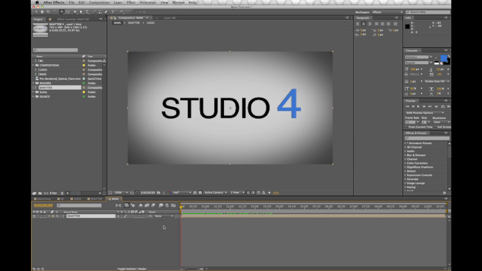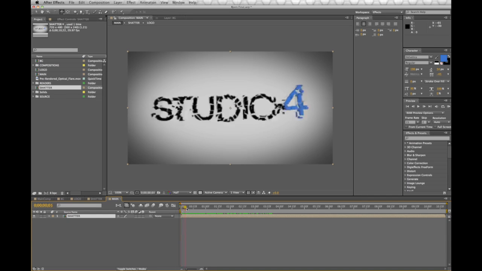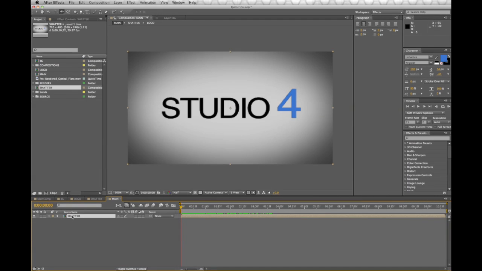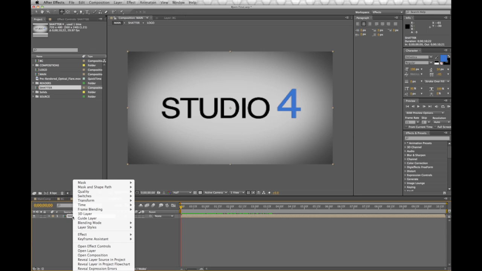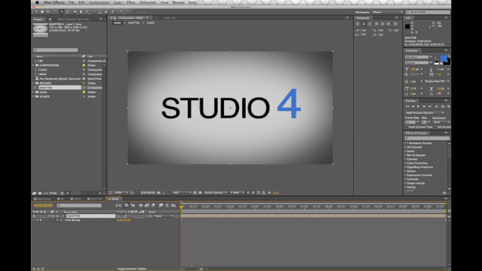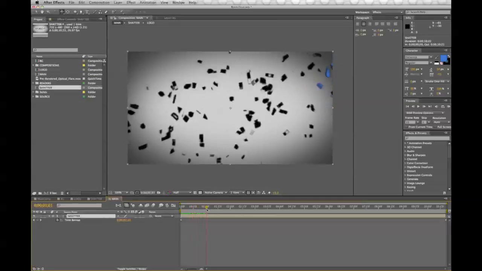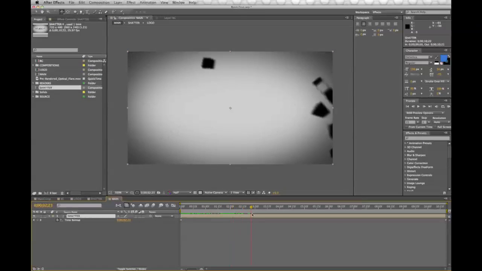Sucking together. Now let's go ahead and address that problem I was mentioning earlier about how it's going backwards. There's a pretty simple solution to fix this problem. If you right click on shatter, go to time, hit enable time remapping, and we're going to scrub forward a little bit to where we can't see any pieces, set another keyframe,